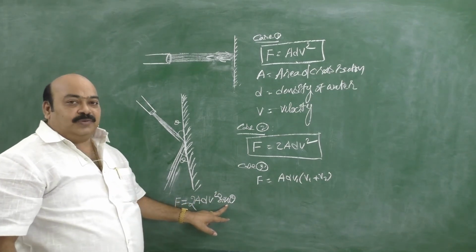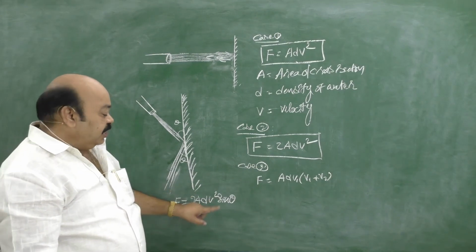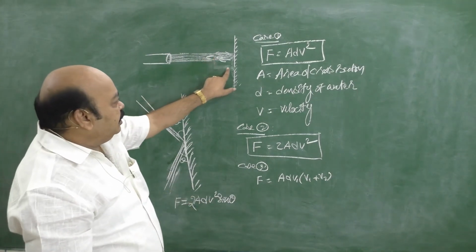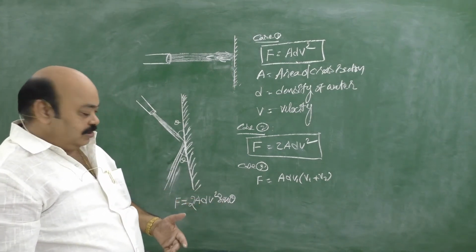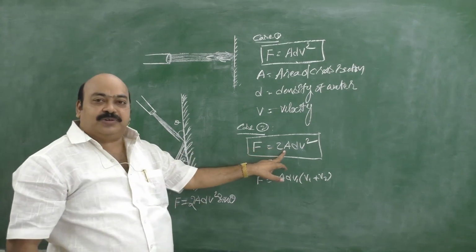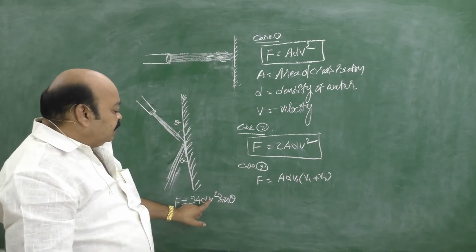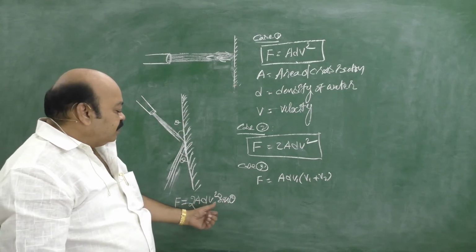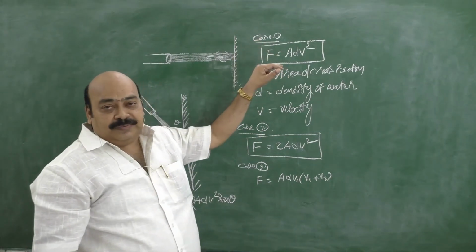You have to cross check yourself whether it is correct or not. It is also in our hands. See, here it is striking the wall at 90 degrees now. Sin 90 is equal to how much? Sin 90 is 1. Then force is equal to 2AdV square, which is in good agreement with case 2. If it does not rebound, it is AdV square sin theta only. AdV square into sin 90 is 1. Yes, it is in good agreement with case 1.